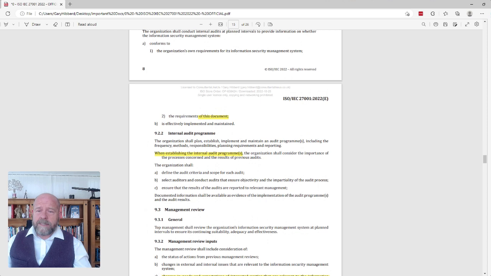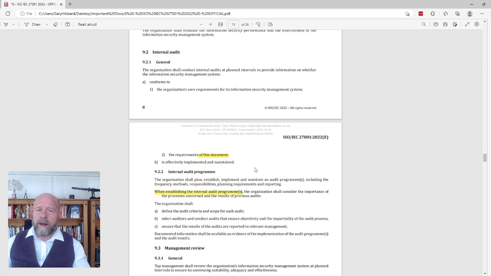In terms of the audit program itself, it states here, the organization shall plan, establish, implement, and maintain an audit program. So you could say that's a repeat of what it's asking for up here. But not really, because what it's saying is that you will conduct internal audits at planned intervals. That for me is the key part of this first section.